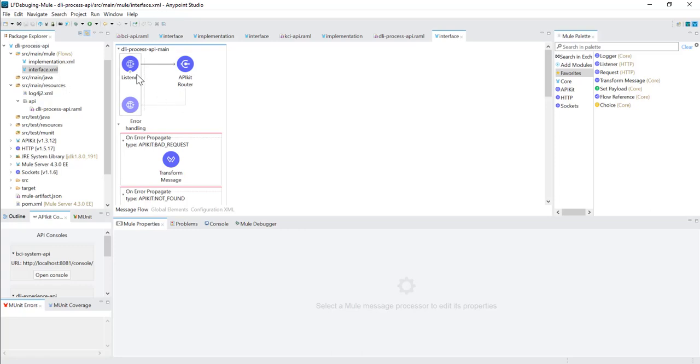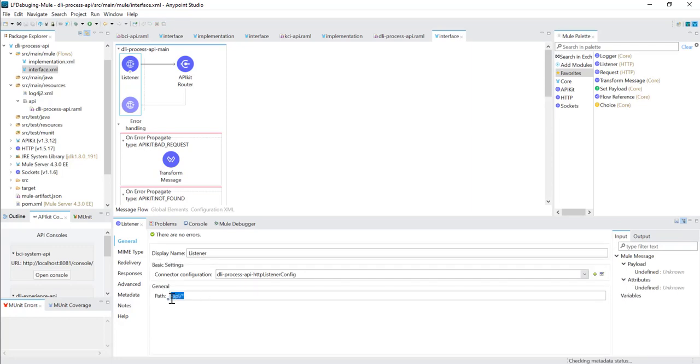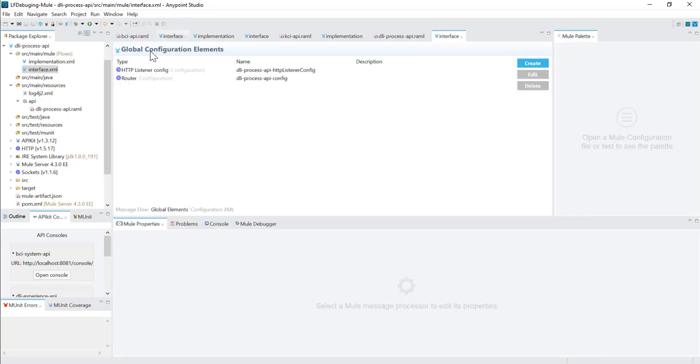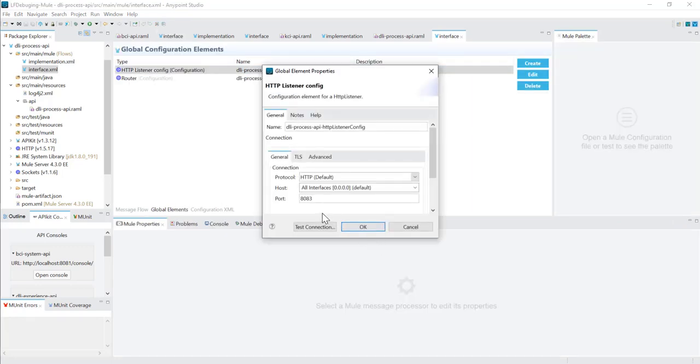So similarly, we will quickly have a look into the path, that is the API star, and then in the HTTP listener configuration, the port number is 8083. So the DLI process API is running on port number 8083, right?